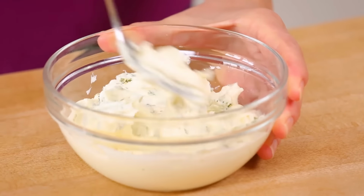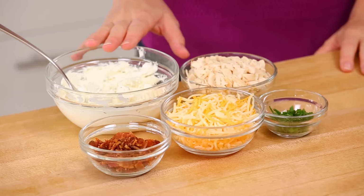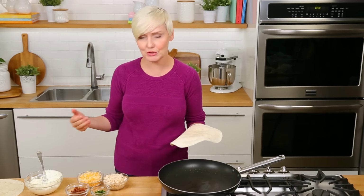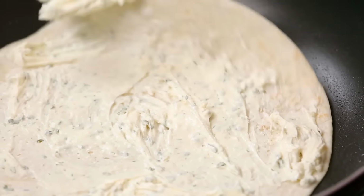All I'm going to do is combine my seasoning with a little bit of room temperature cream cheese. I like using room temperature cream cheese, obviously, because it makes everything a little easier to stir and to work with. And then I will get to work on building my quesadillas. For today's quesadillas, I'm using some flour tortillas. You could definitely swap in some whole wheat if you wanted to. Both work here. I'm gonna get started by spreading a little bit of my cream cheese mixture onto one side